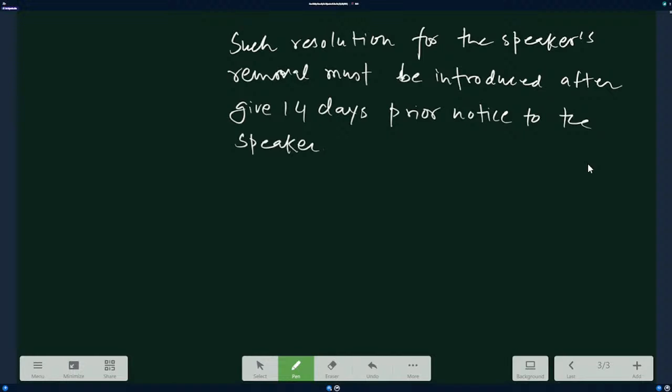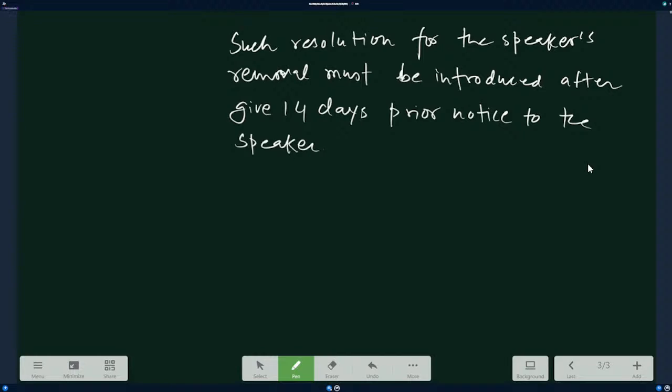Now, whenever the removal process is going on, can he preside over the house? No, he cannot preside over the house. Who presides over the house then? The deputy. But can he be present in the house? Yes, he can be present in the house. Can he vote? He can vote in the first instance. When the removal proceeding is going on, he can vote because he is a general member then. He can speak and take part in the proceedings of the house and voting.